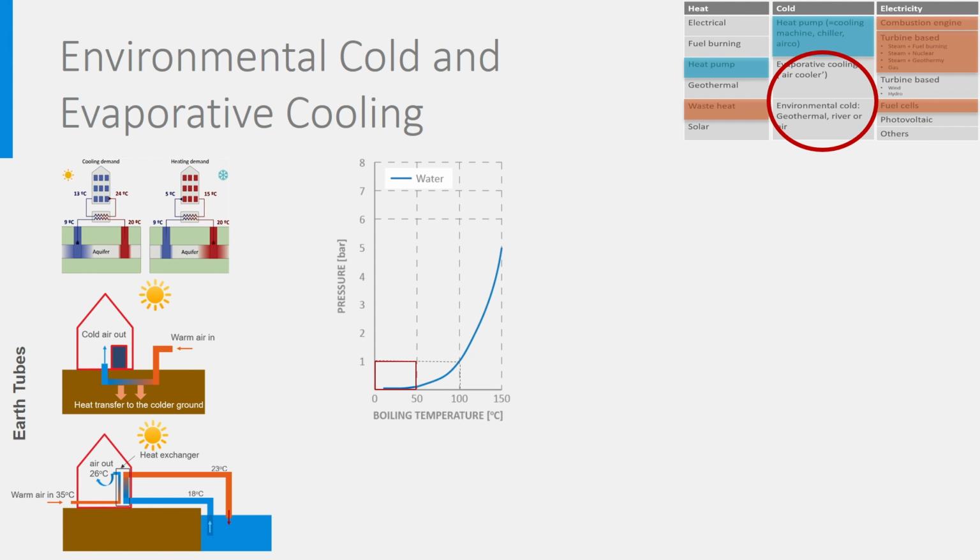And you also have learned that when a fluid is evaporating, it takes a lot of heat from its environment. So, if you inject water droplets in air, it will automatically evaporate because of the low partial pressure, and by evaporating, it will take the needed heat of evaporation from the air, which therefore will cool down. That is the principle on which evaporative cooling is based. You see here a few examples of evaporative cooling.